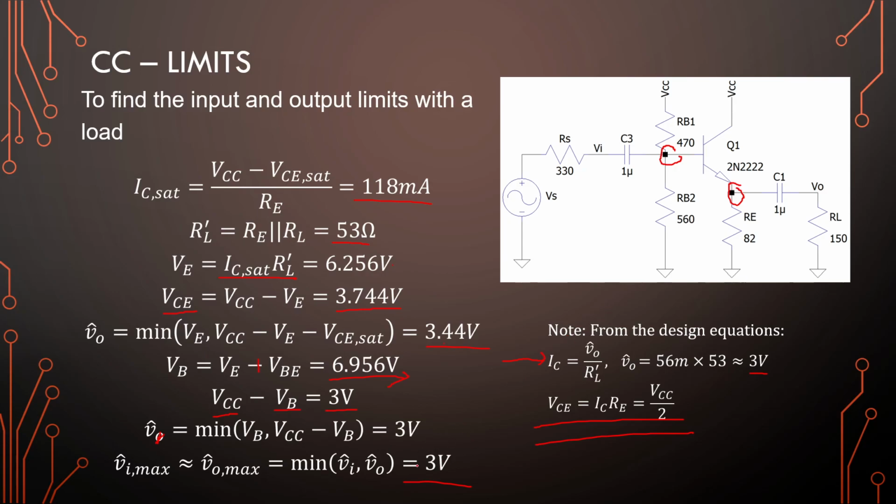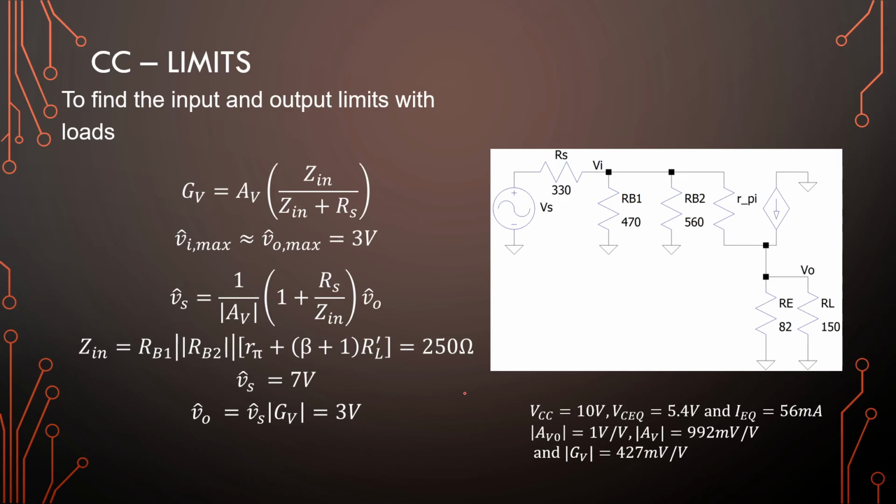Okay, so here the maximum in and out will be 3 volts, and we'll have a look at when we boost this a little bit and go up, and we will see the clipping. Okay, next step is to add the source resistor. So for that we need to determine the input impedance, that is 250 ohms. Apply our nice equation using AV again,